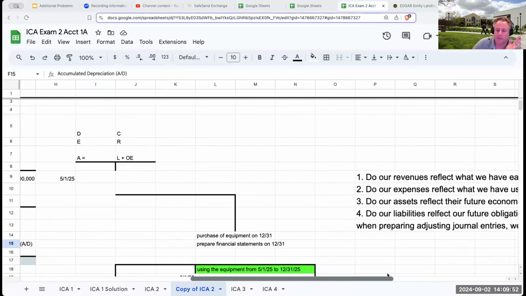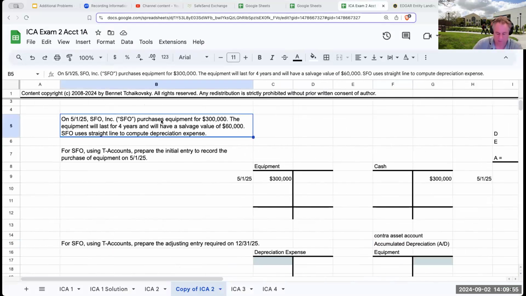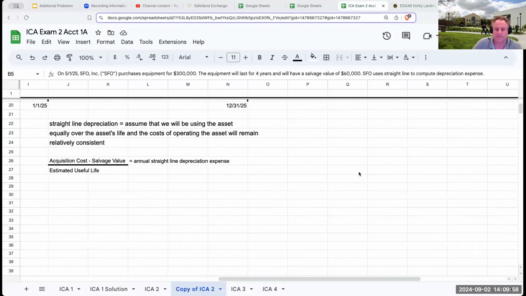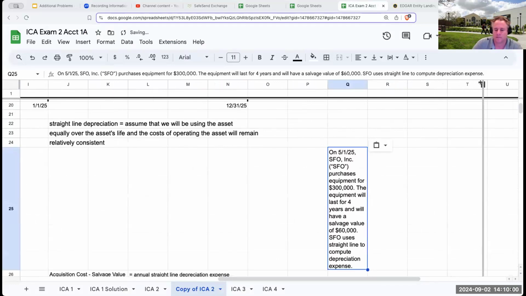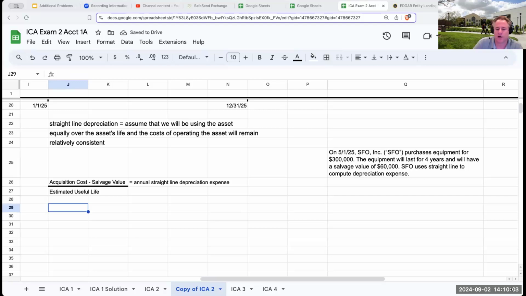So to compute it, I have over here, and we'll bring this over to make our lives easier. Okay, so my acquisition cost is 300,000. My salvage value is 60,000. And my estimated useful life is 4 years. Now, what is the salvage value? It basically means on the day that I buy this equipment, I am making my best guess at what the salvage value will be, or what the asset will be worth at the end of the asset's useful life. So I am expecting that at the end of 4 years, this asset will be worth